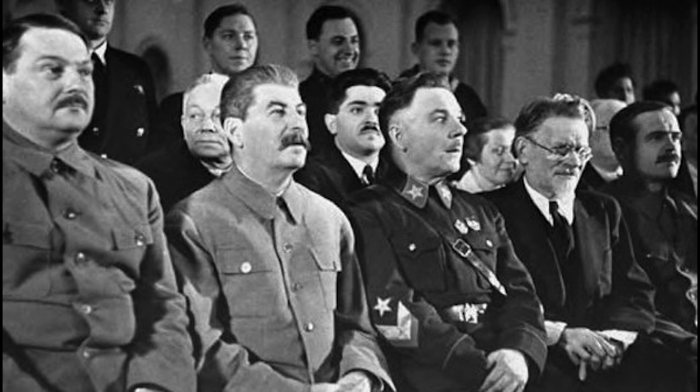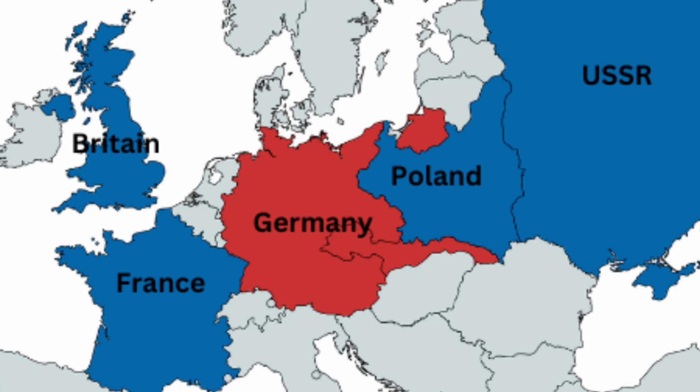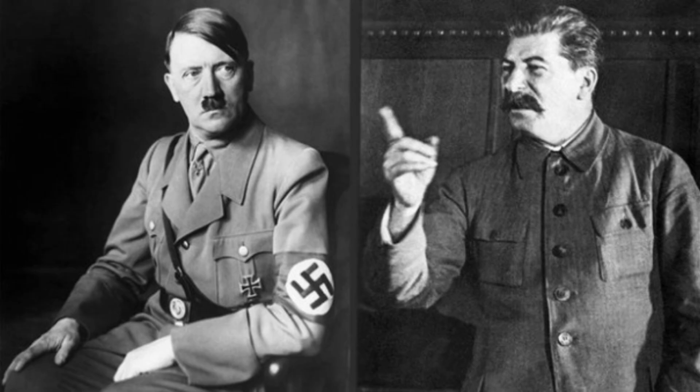But they also knew they needed help, so they turned to the Soviet Union, hoping to secure an alliance to counter Hitler's growing power. Hitler, however, knew he wasn't able to fight a two-front war. He knew that with Britain and France on one side and the Soviet Union on the other, Germany would be overwhelmed. So, in a shocking move, he turned to Joseph Stalin, leader of the Soviet Union, to remove one of those threats.